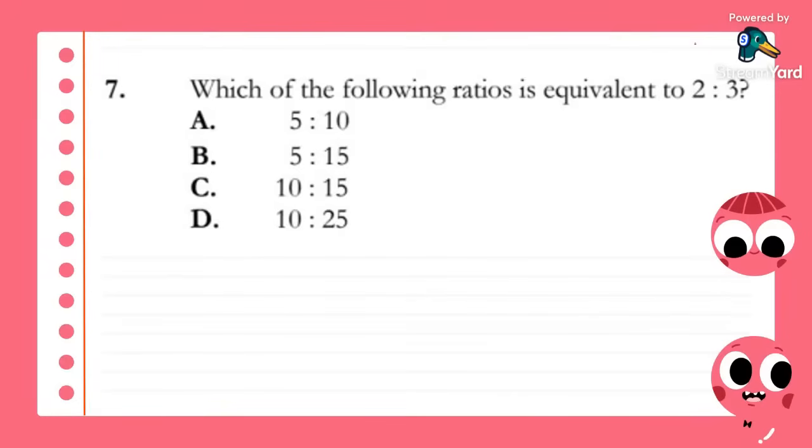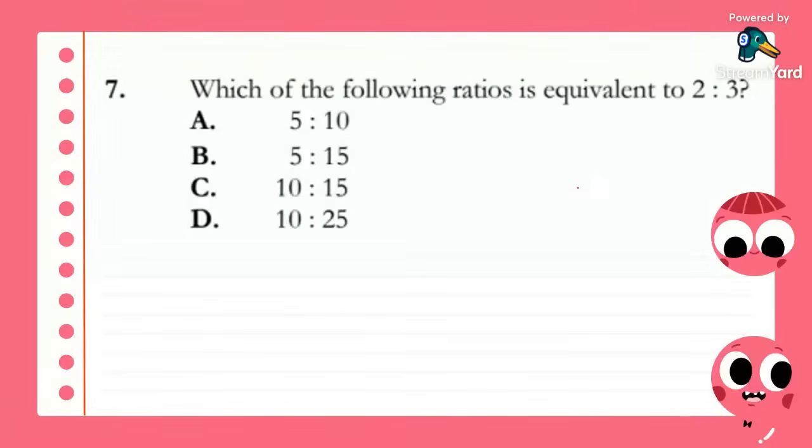Now we have 2/3 here, and we want to find which one of these is equivalent to it. Since 2/3 is already in its simplest form, what will we do to figure out which one of these are equivalent? Will we multiply or divide? Kajon says multiply. So we will multiply. Whatever we do to one part of this ratio, we must do to the next.